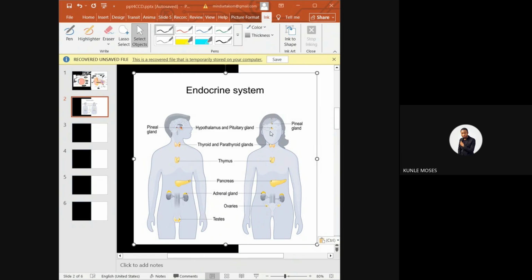And these hormones that they produce are very important because they help to control so many metabolic reactions, or metabolism, like growth, reproduction, mood. And like I was saying the other time, the reason why many ladies have an imbalanced emotion is that a lady can be happy now, and after 30 minutes, she's not very happy again.